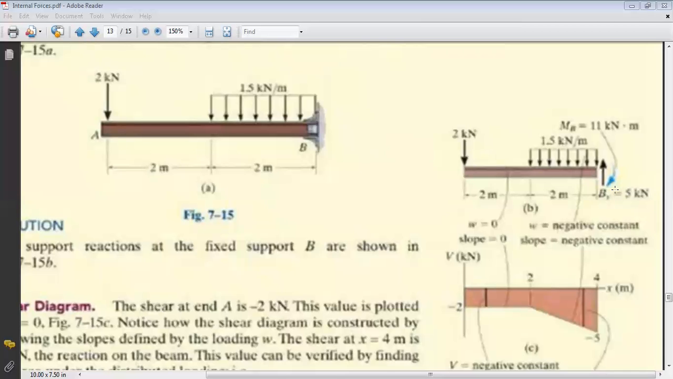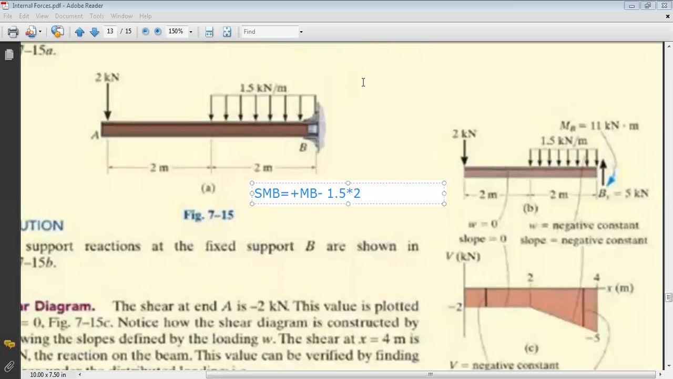Okay, so we were calculating the moment at the fixity to make sure it should be 11. So to find the sum of moments about B, using the clockwise direction as positive, what do we have? We have first plus MB minus, the moment of the distributed load is counterclockwise, so it's minus 1.5 times 2, which is the force,